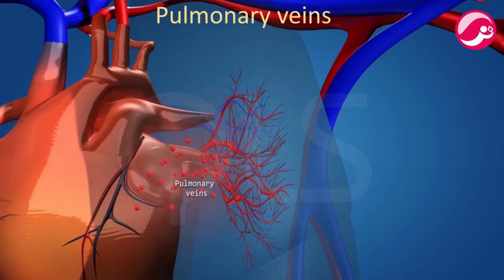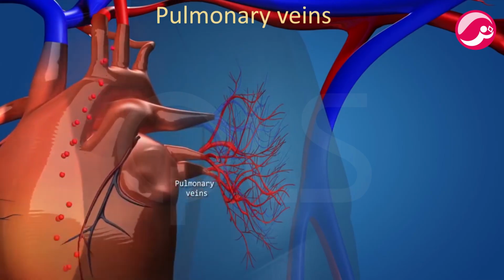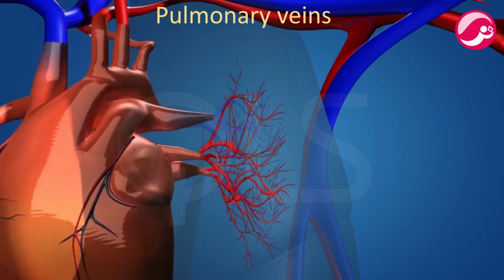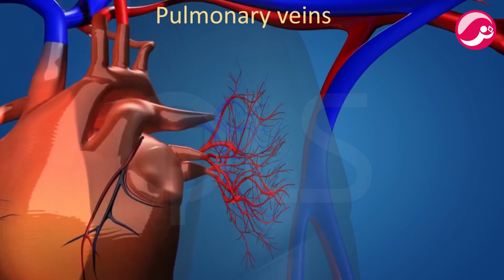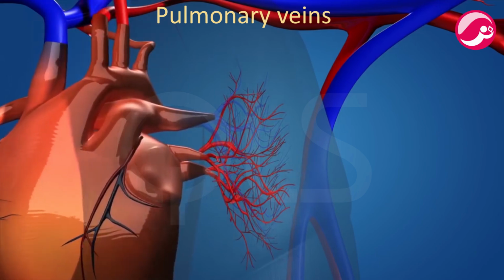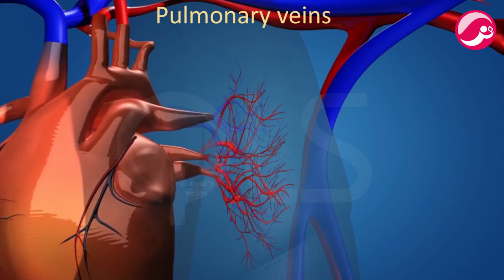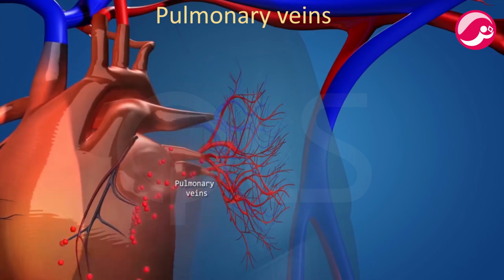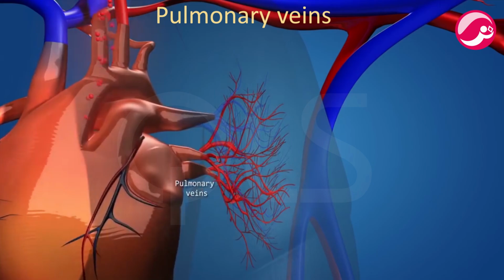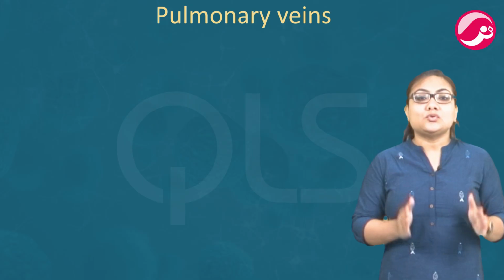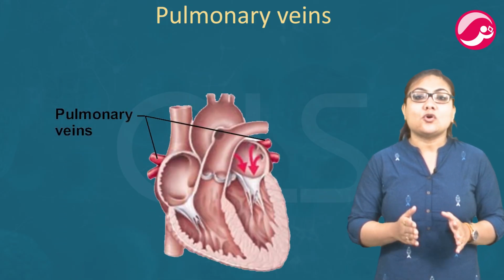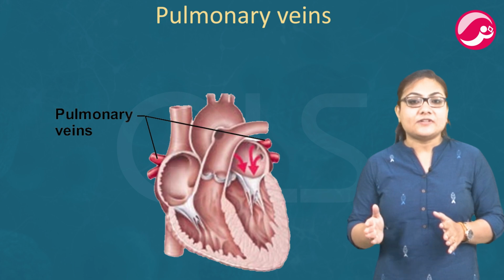Pulmonary veins carry pure blood from the lungs to the heart. Pulmonary veins need not have thicker walls as such as blood is not pumped by the heart into these veins. They carry pure blood from lungs. They have valves in them so as to prevent backward flow of the blood. There are totally 4 pulmonary veins and all of them are connected to left atrium of the heart.